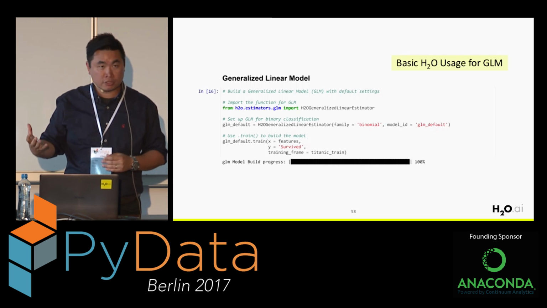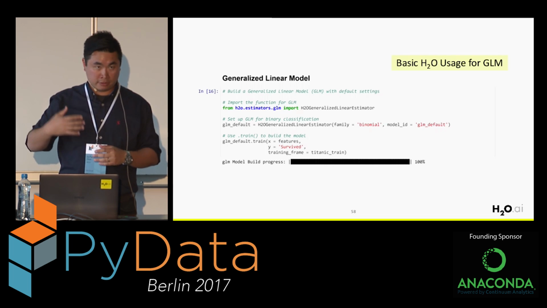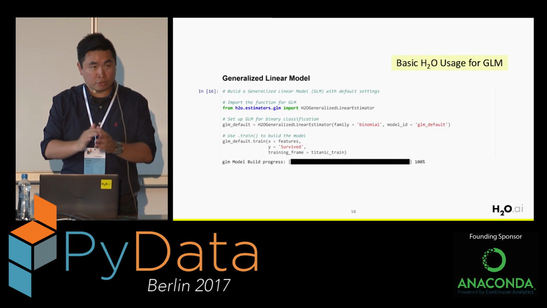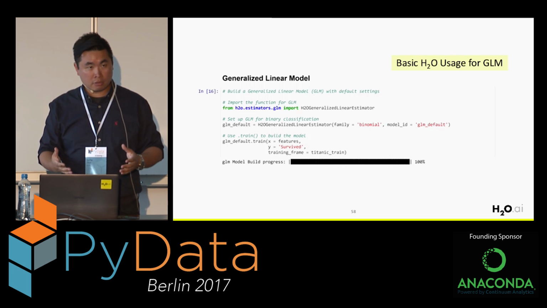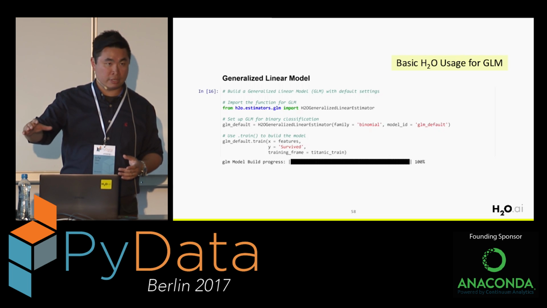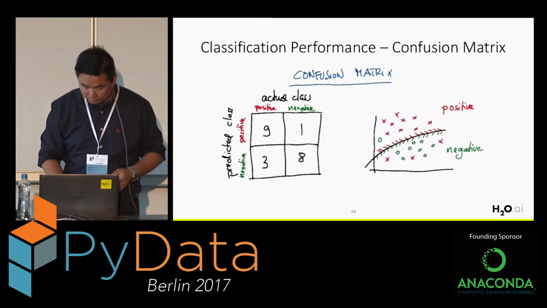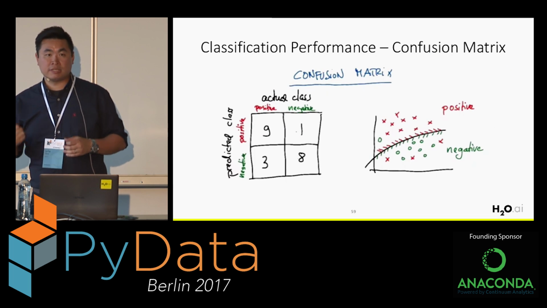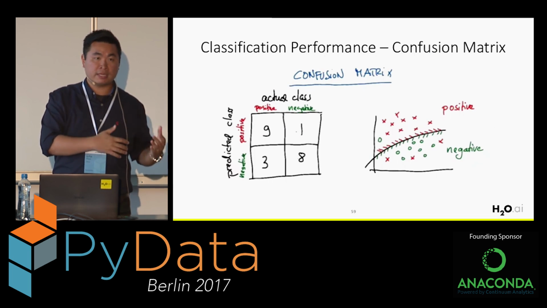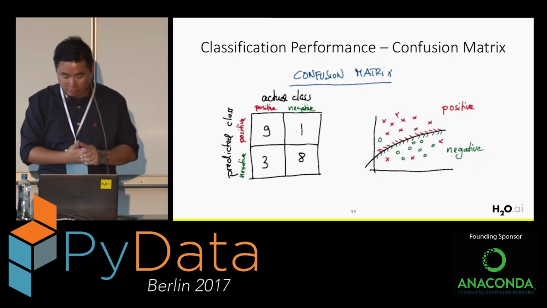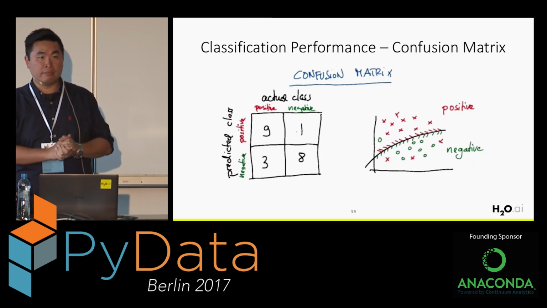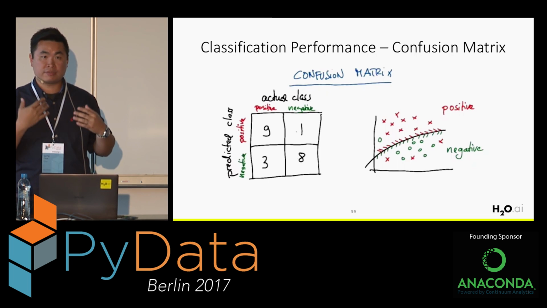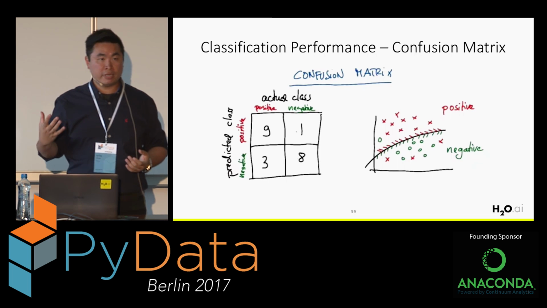So you point to the features. This time, the target is the survives column. And then you point to the data frame, you execute the code, and you train the model in H2O JVM. And this time, because it's a different problem, we're using different techniques or different metrics to measure the performance. One of the really common ways to measure the performance of a classification problem is to look at the confusion matrix in here.